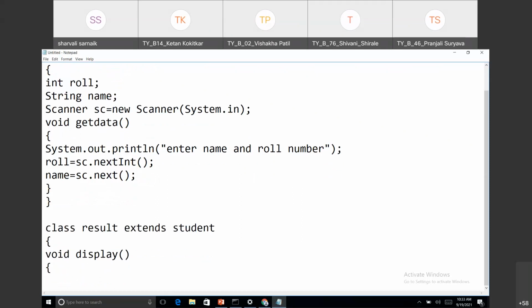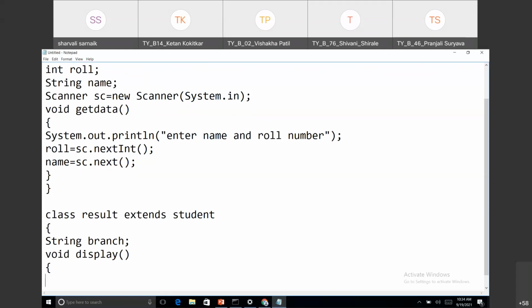Okay, extends student. Now here I will take another function called display, and inside that void display function, I want to take the branch from the user. So I'm declaring one more String branch. Okay, and I'm taking that from the user.